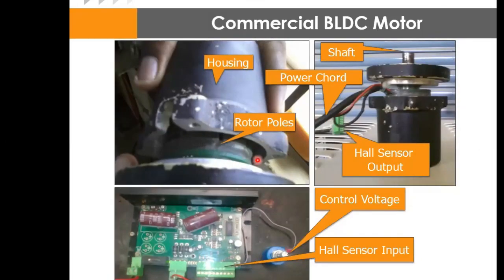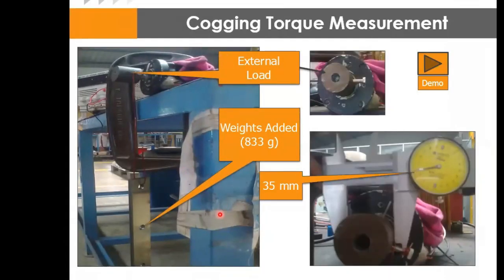So this is an important section. Here you have a commercial BLDC motor. Here you can see that I have disassembled the motor, and we have taken the dimensions of it. This is the driving circuit of this motor. We have practically measured the cogging torque on the test bench itself. Here you can see the test bench, and over that we have placed the motor, and we have an external load connected to it. Over this, I am hanging the weight. I am also measuring the diameter of the external load which I have connected, right?